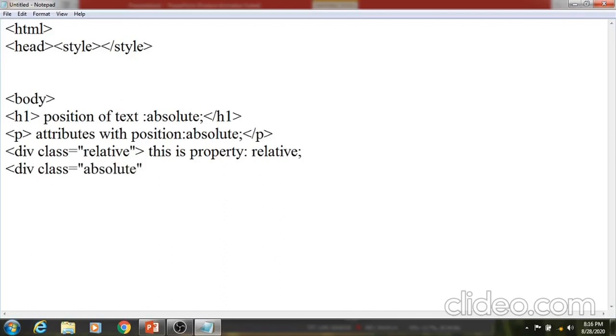I just add the required text for applying the property.